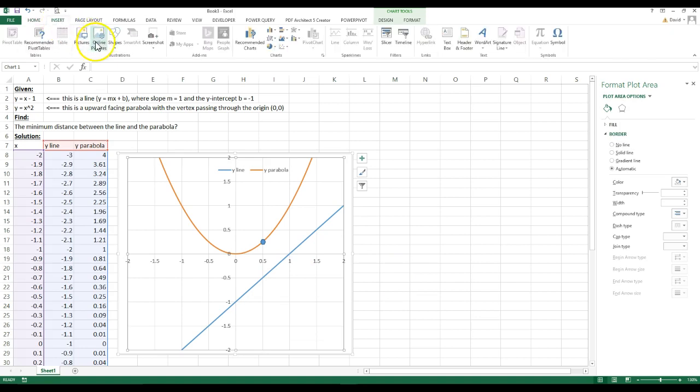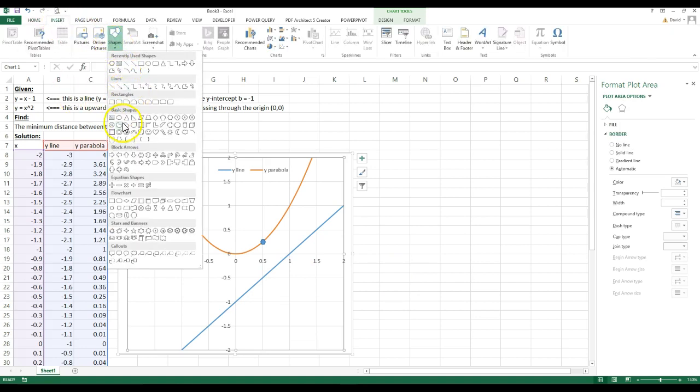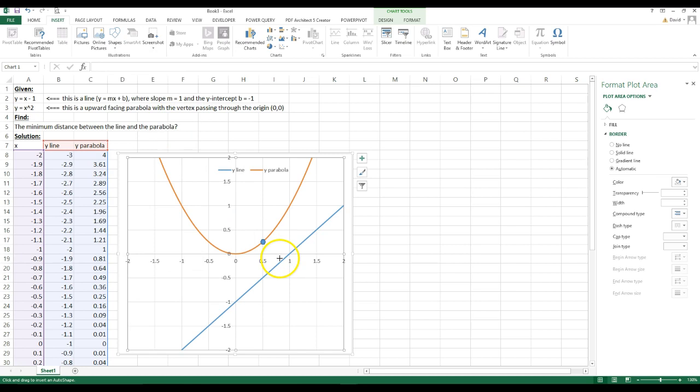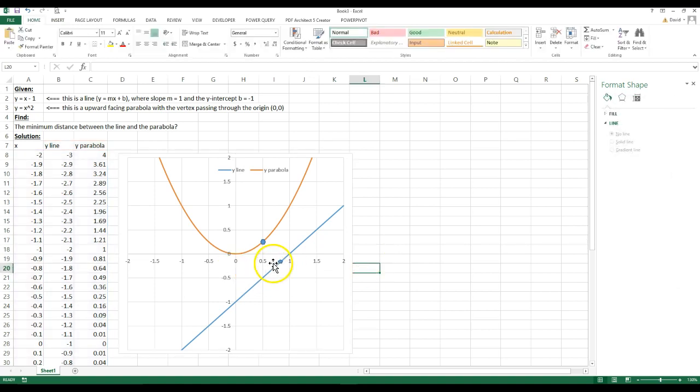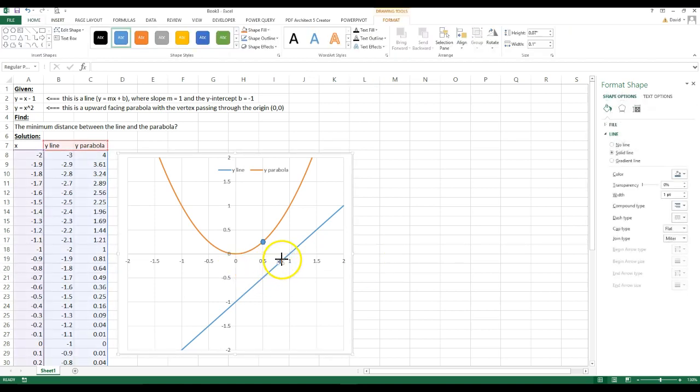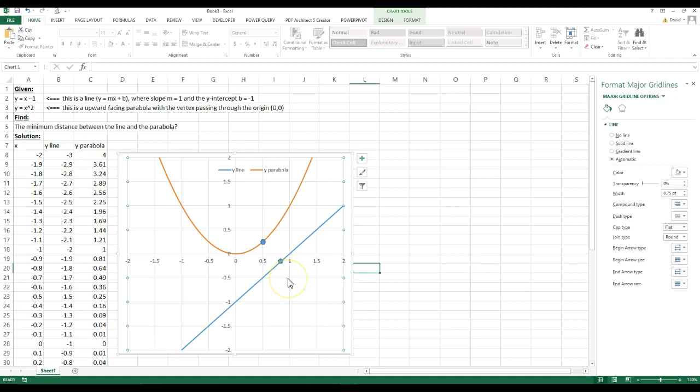Let me try to get Insert, Shapes, do another octagon. And it's probably right about here. Right? Maybe that wasn't a really good shape to do. So that's probably where the two minimums are, and then if we draw a line, so I'm going to